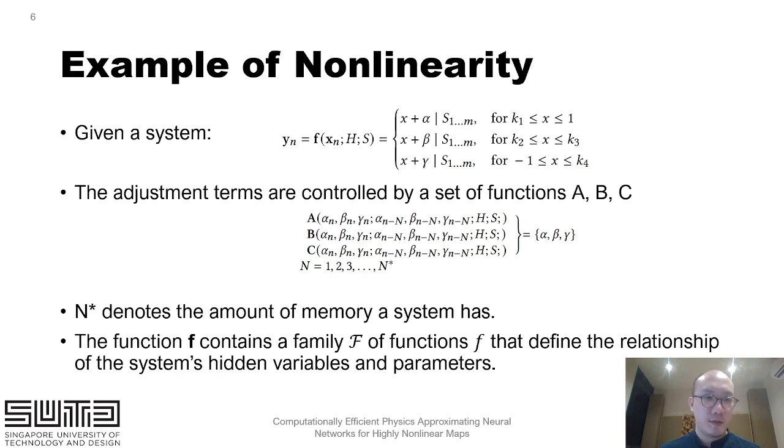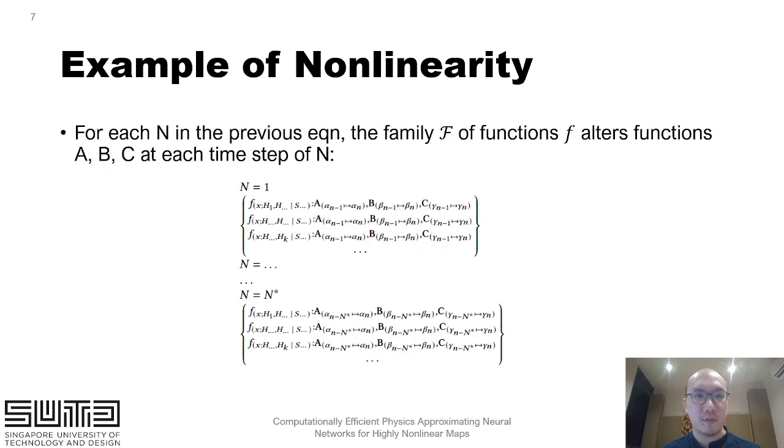So if we assert what we constructed just now as the family of functions over this problem, we can define the relationship between the hidden parameters and variables. So at each time step of n,